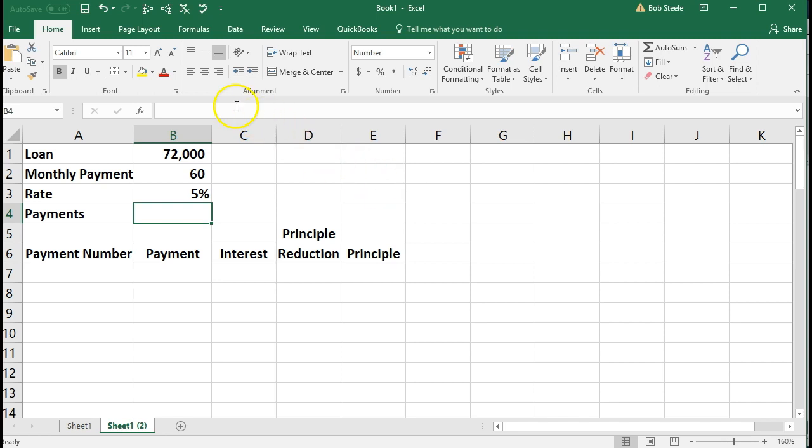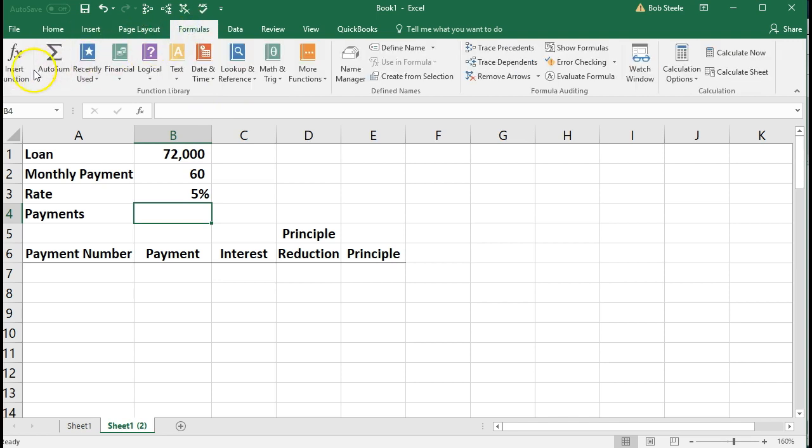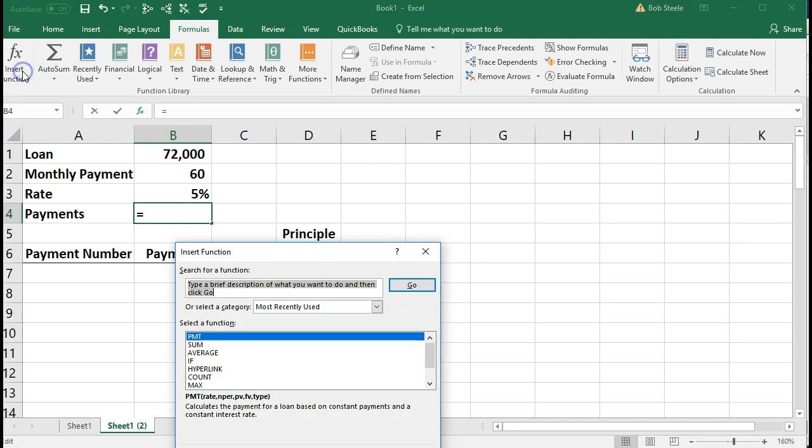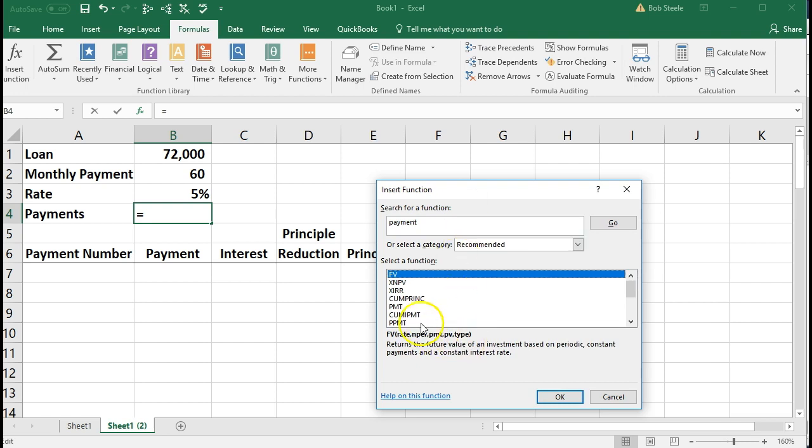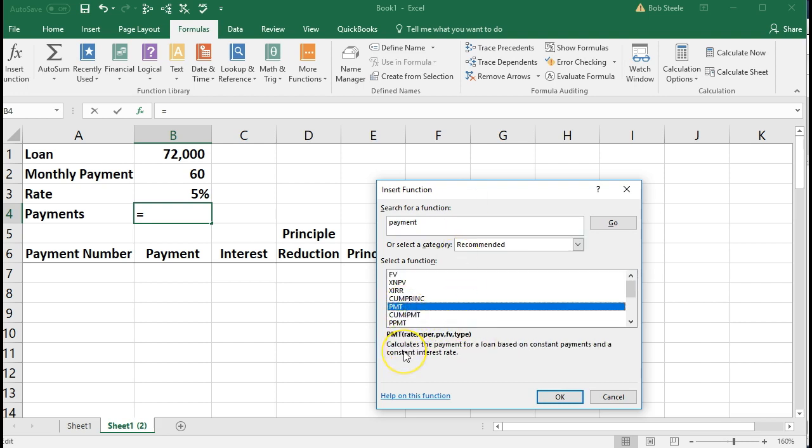One way we can do it here is go to the Formulas tab, to the functions, and if we type in payment, that usually brings it up. It's this PMT that we're looking for. That's the payment calculator. If we know the loan amount, the number of months, and the rate, we have everything we need except the missing variable of the payment, and Excel will